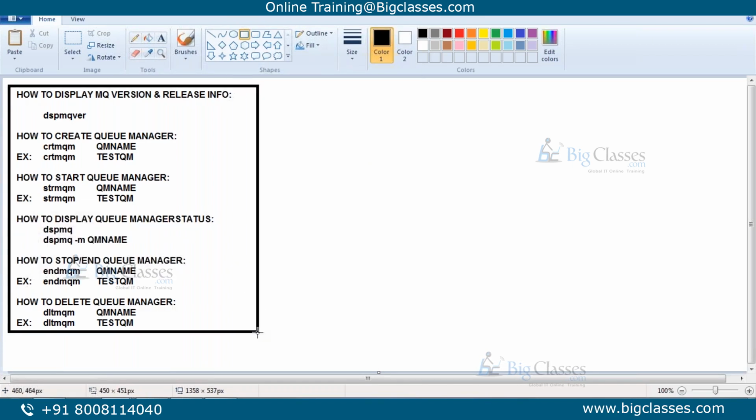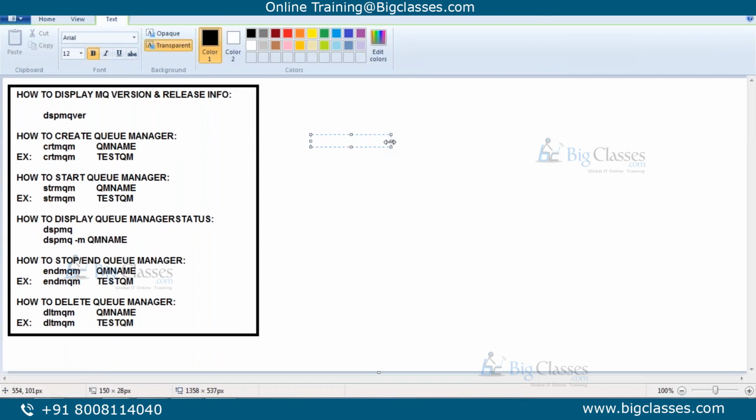Okay. But I'm talking about delete. Sometimes deleting the var mqm directory simply doesn't help. You have to go to var mqm, where you can find the configuration file named mqs.ini.